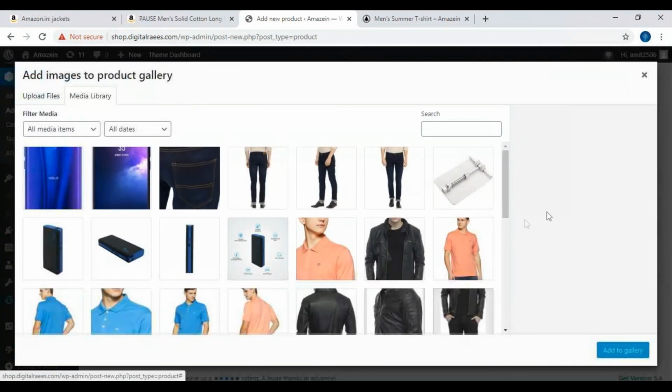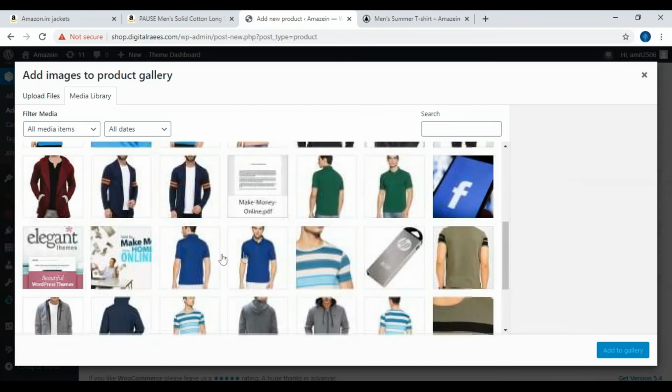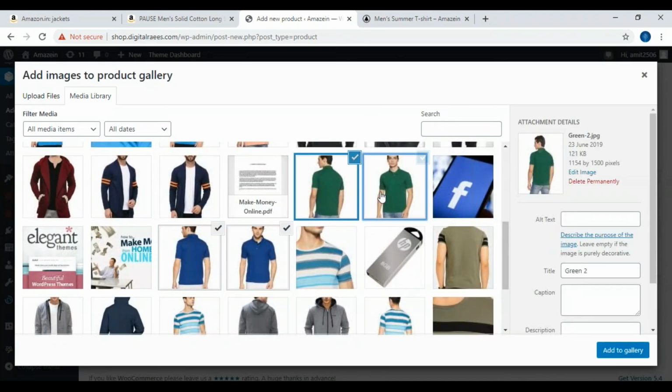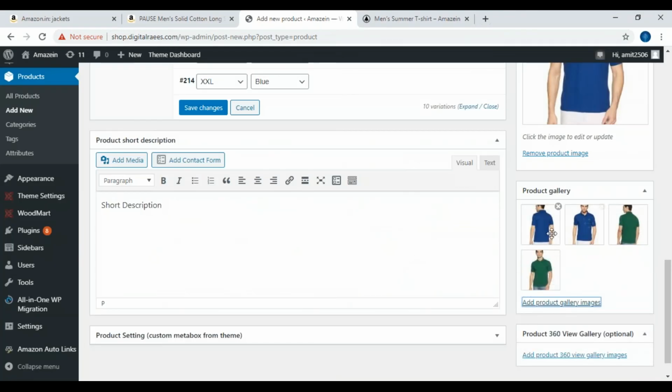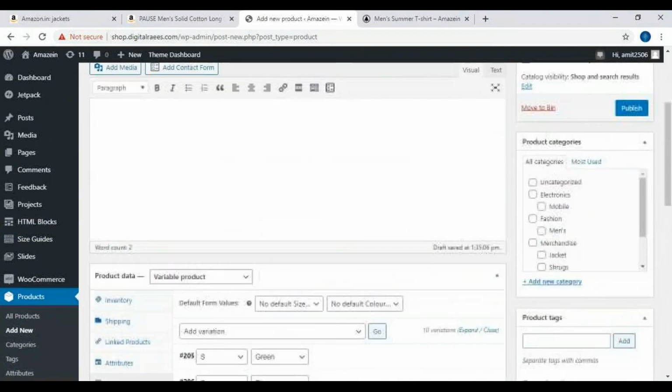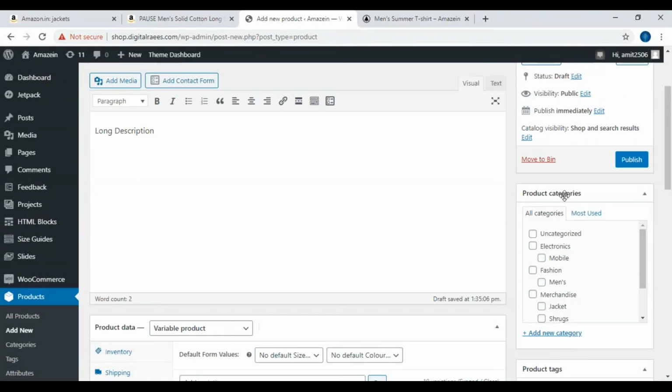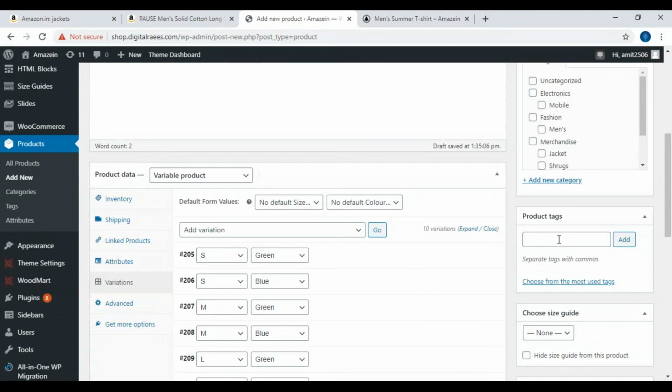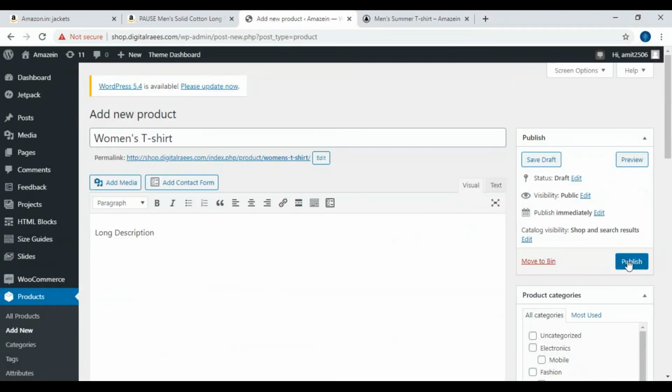And I go to the gallery and I will put all the colors, all the images, front, back, side, everything in here in the gallery. Okay. Then you will give the categories, you will give the product tags, and job done. You are going to publish.